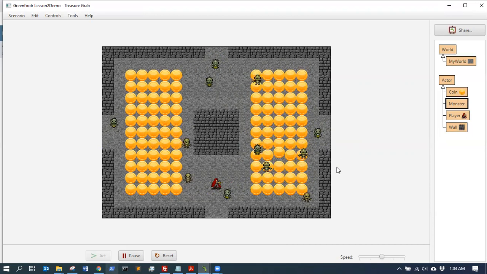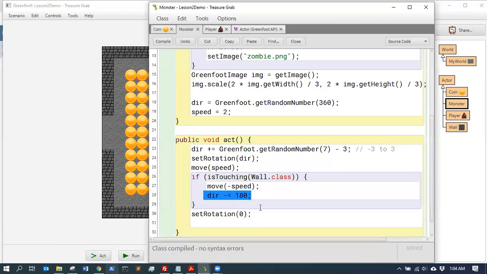There we go, that's much better. Okay, I think that's okay. All right, so now let's add in the